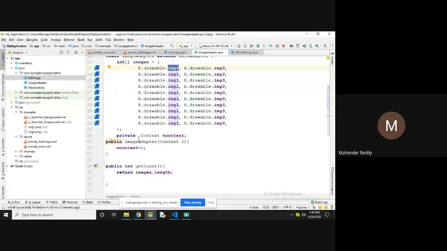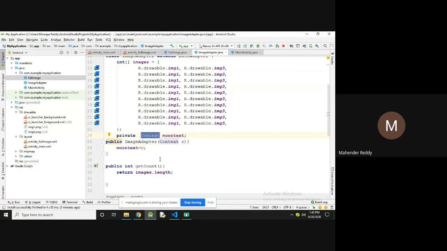After that you have to create the constructor for this image adapter. public ImageAdapter(Context c), now mContext is equal to c. This is why we are using this context: whenever you are displaying a list of values in a layout, at that time you have to use the context.